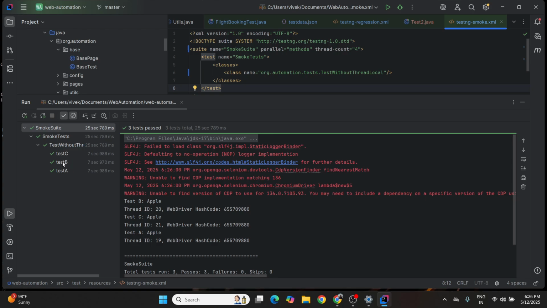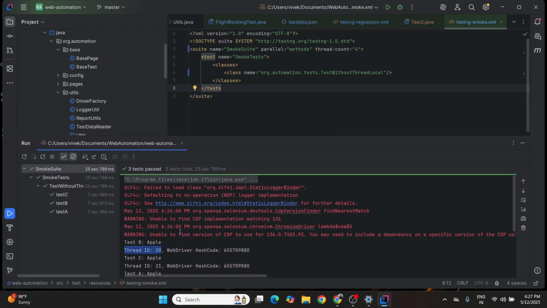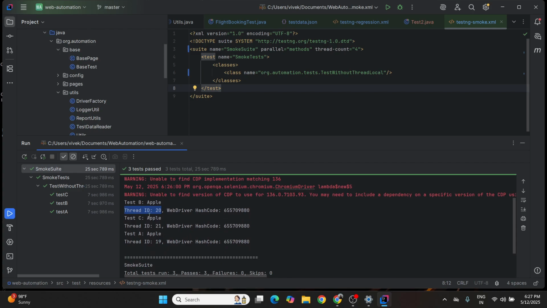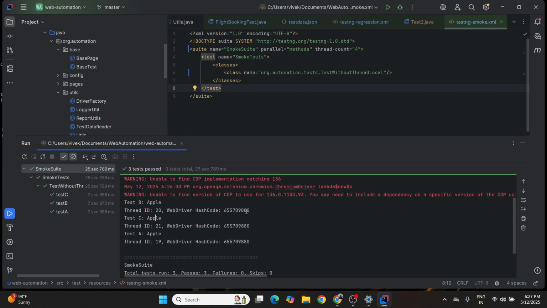seconds. Okay. And if you check here, the thing that we printed, if you see, we had multiple threads. Like in our TestNG we had defined it, right, that we will have 4 threads. So if you look, in these 3 executions that happened, we had 3 different threads that were created, thread 20, 21 and 19. The 3 different threads were there, but if you see one interesting thing here, WebDriver hash code